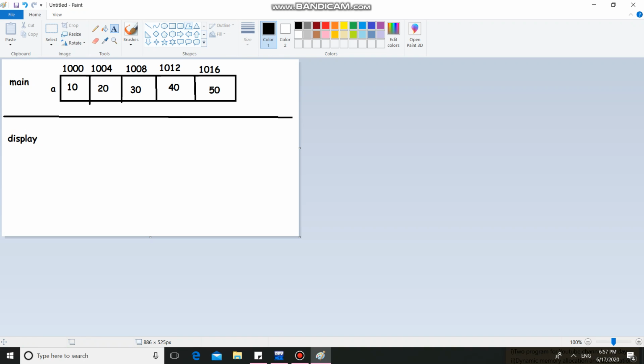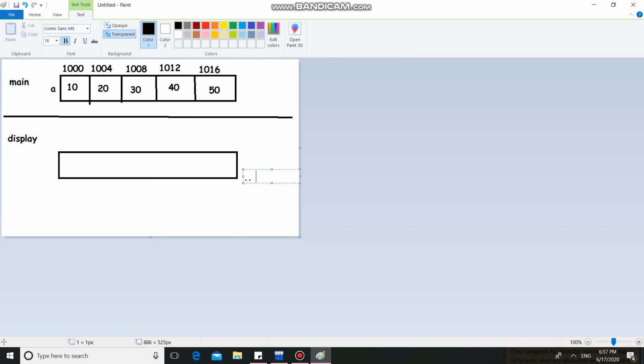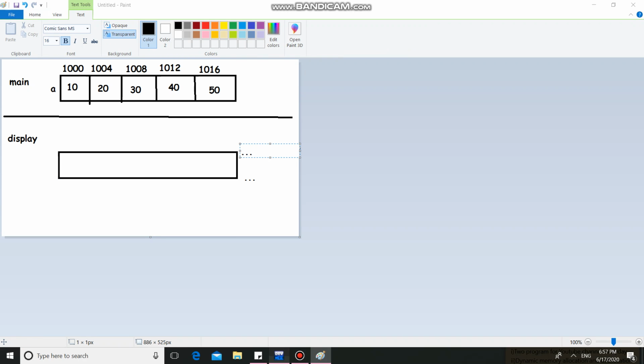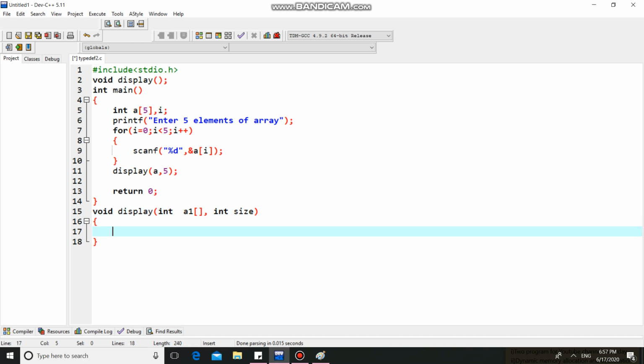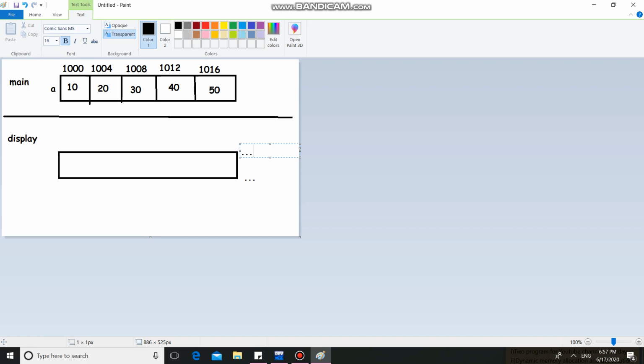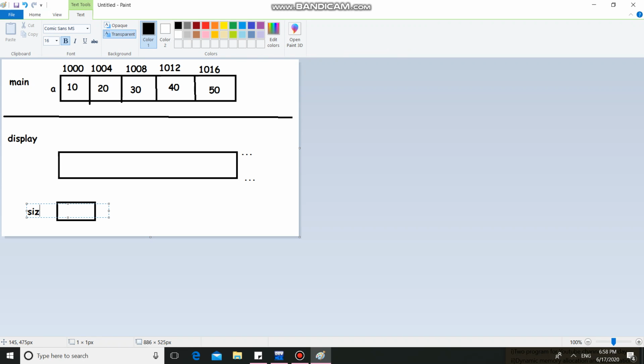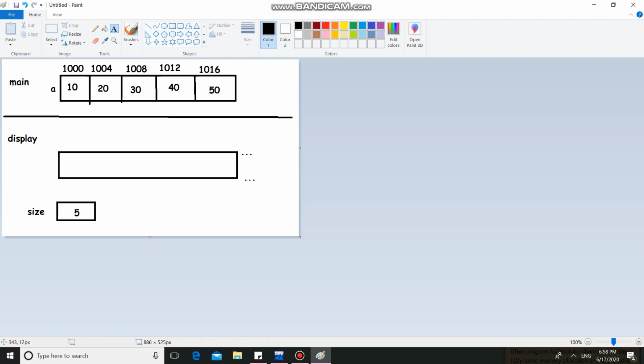We have created another array as a formal parameter, and the size is unknown here because we have kept the brackets blank. That's why we have passed the size separately. So we have one more variable, size, and we have collected the size of the original array in this formal parameter.